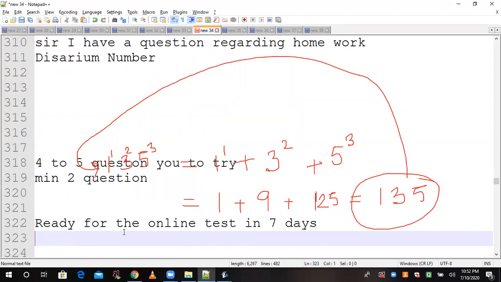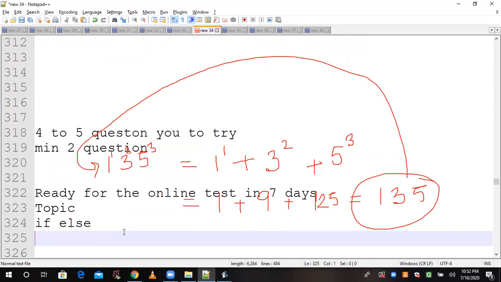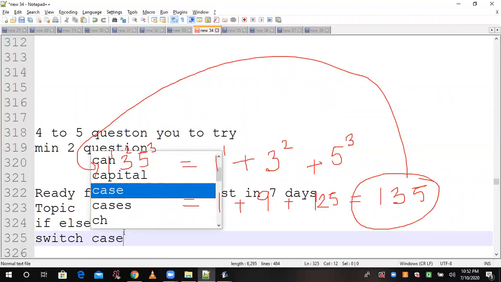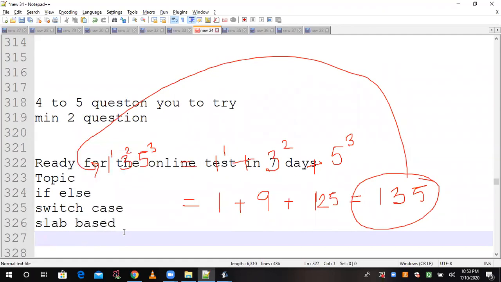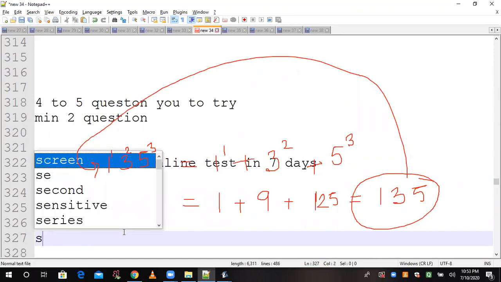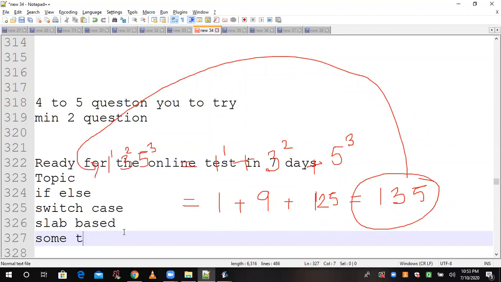In 7 days we will conduct a test. Topics: if-else, switch case, slab based. Okay, looping I will not take in the test, you don't worry about that, and some theory a little.